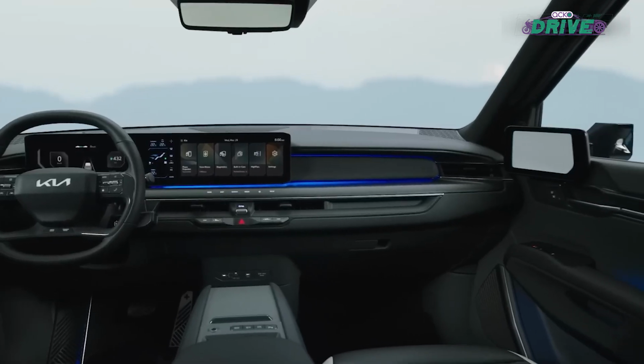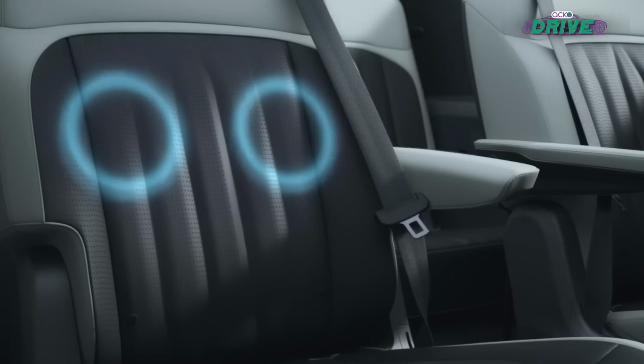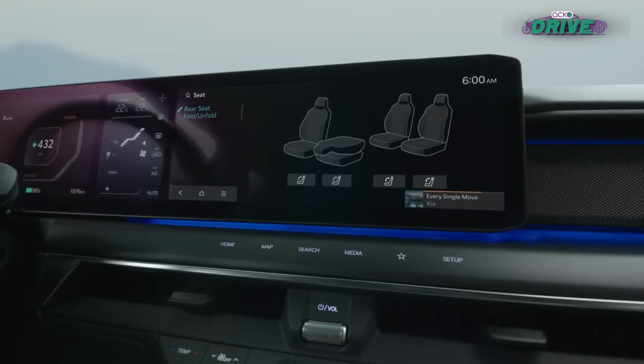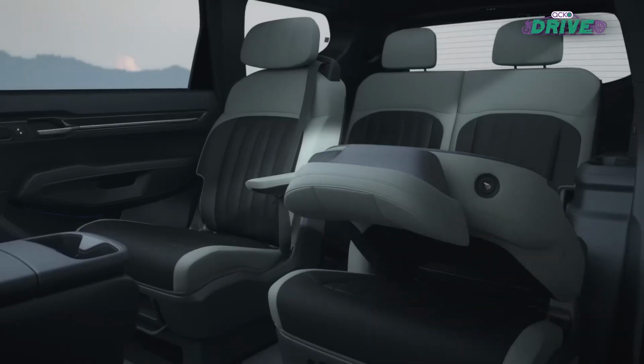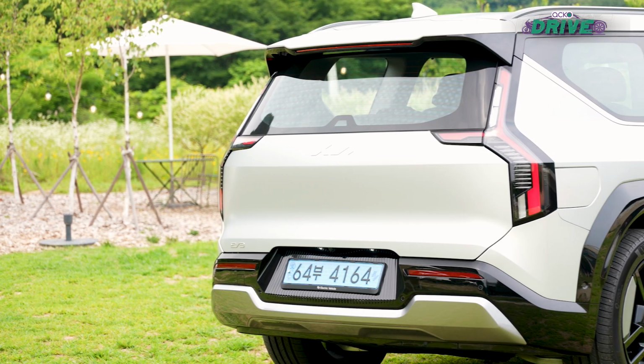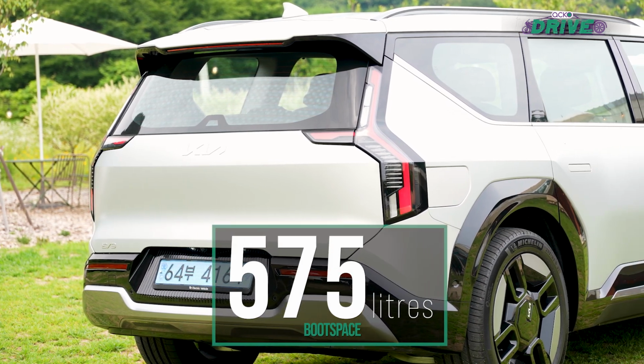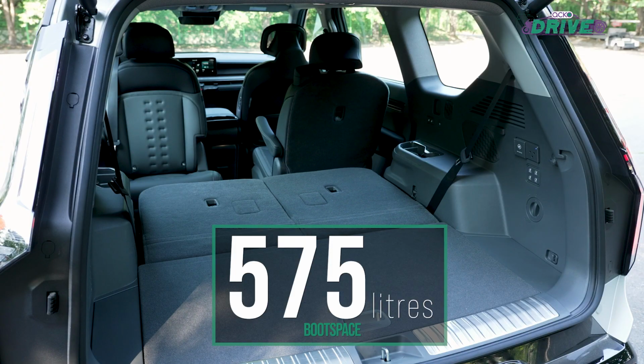The car's first and second row seats can also go into relaxation mode, so you can rest on a stop during a long drive or while the car is charging. The EV9 has massive 575 liters of boot space, fold down rows 2 and 3, and that expands to a humongous